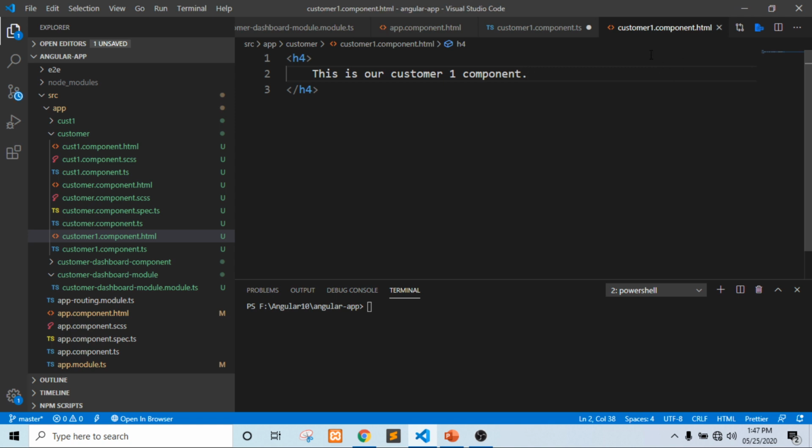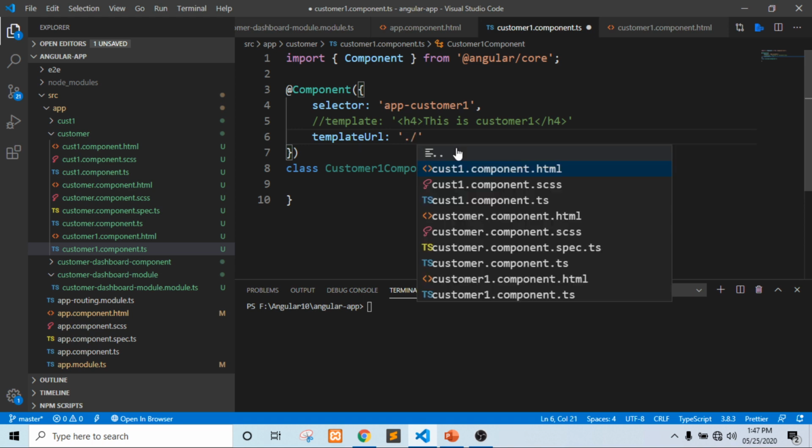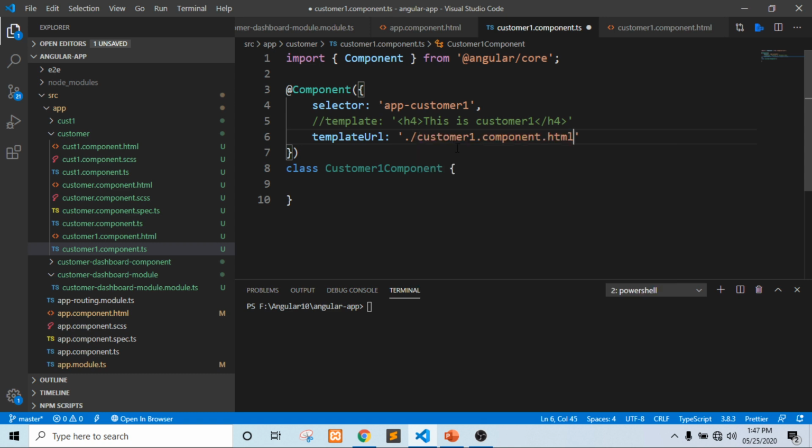We have created an HTML file. Now we need to provide the path here. As this is inside the same customer folder, we can just give the path dot slash customer one dot component dot html.